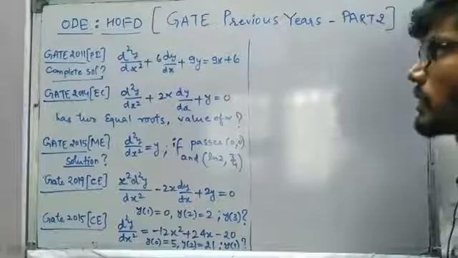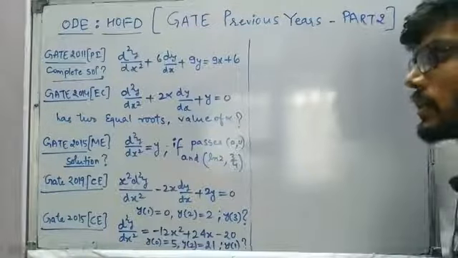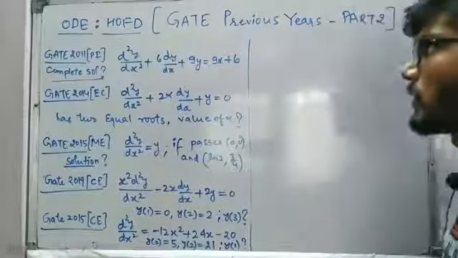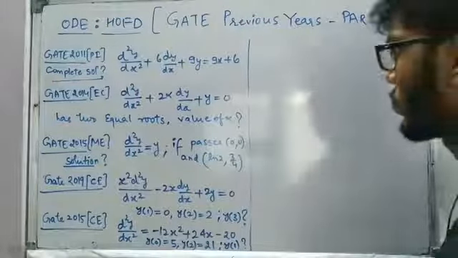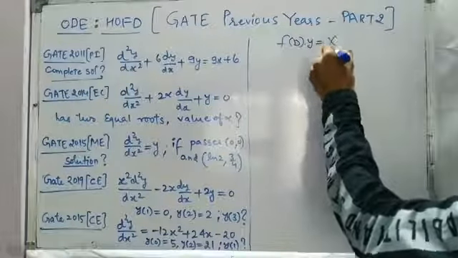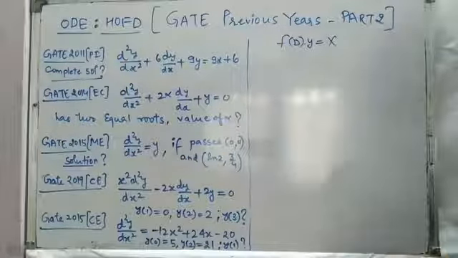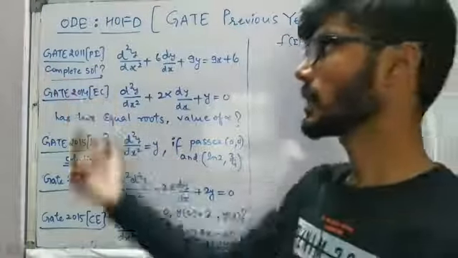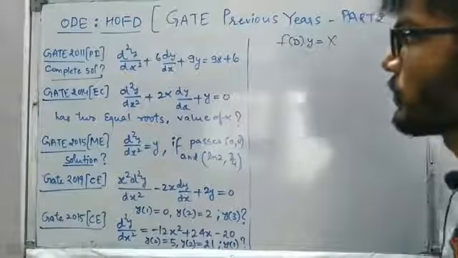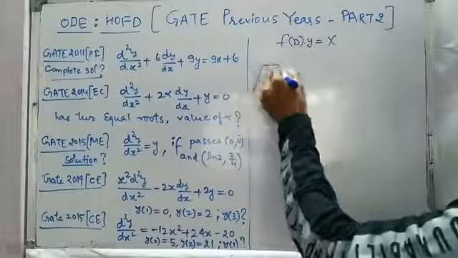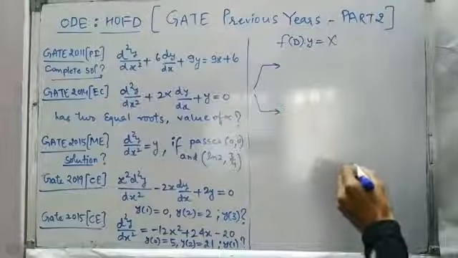The problem is we are given the second order differential equation d2y by dx2 plus 6 dy by dx plus 9y is equal to 9x plus 6. So we have a differential equation of the form f of D into y is equal to capital X. This we are going to call a non-homogeneous linear differential equation of order 2, and it is being asked what is going to be the complete solution. So we have to do the complementary function part as well as the particular integral or particular solution part.